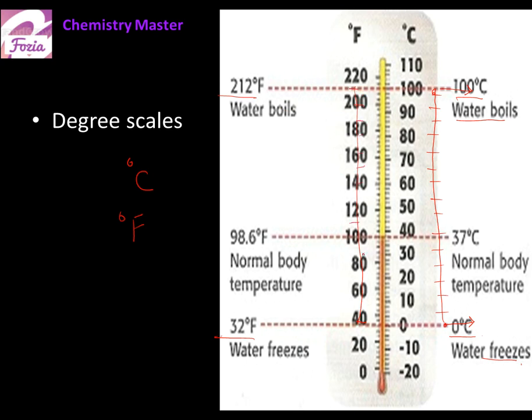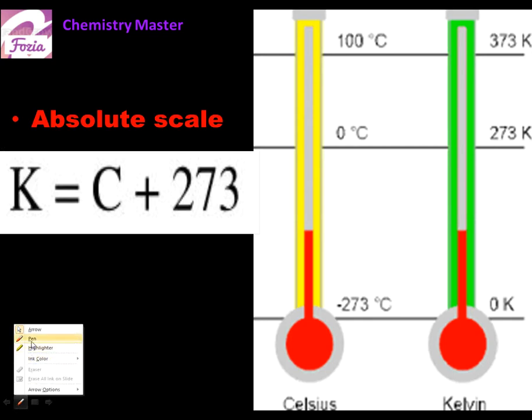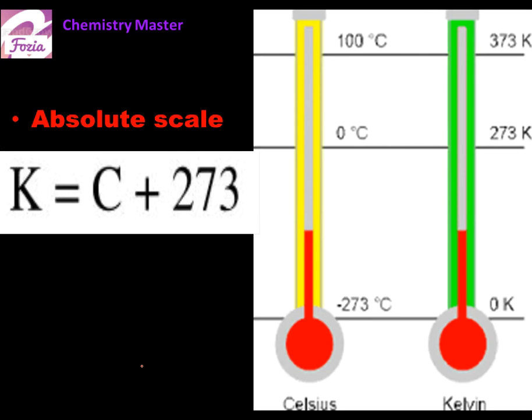Each line is reading a different temperature, a different energy level. So this is how, when we need some standard in conditions related to water freezing and boiling, we talk of degree scales. But the SI unit of temperature is Kelvin. Here you will not see any degree sign, because this is an absolute scale. What does absolute scale mean? Absolute means when everything is zero. This is sometimes also called absolute zero temperature.